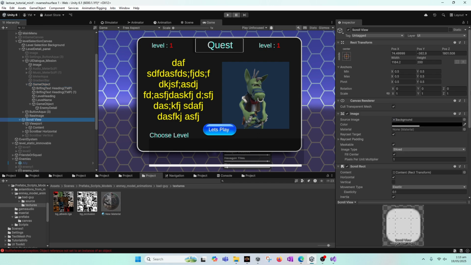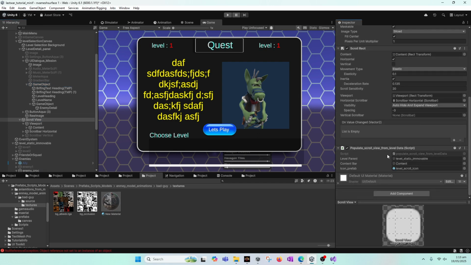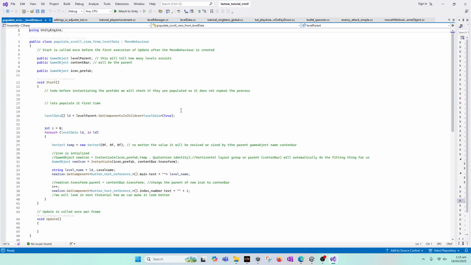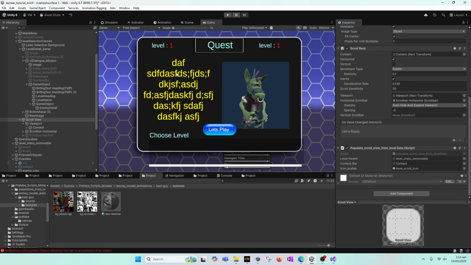So this is the scroll view, and this is actually populating a bit of data too. So we can use this, if we can edit the script here, for adjusting these values. So one thing is the text mesh component for this text,